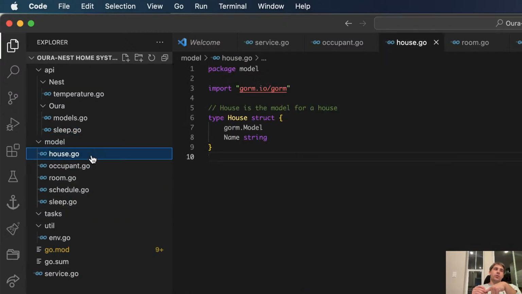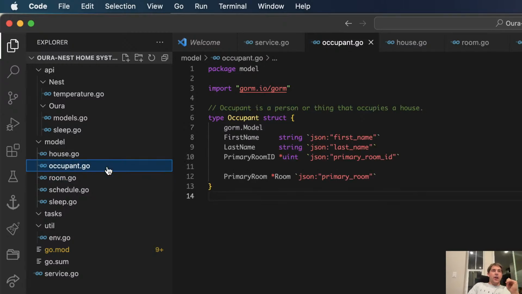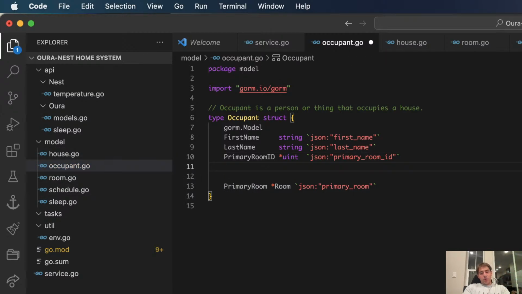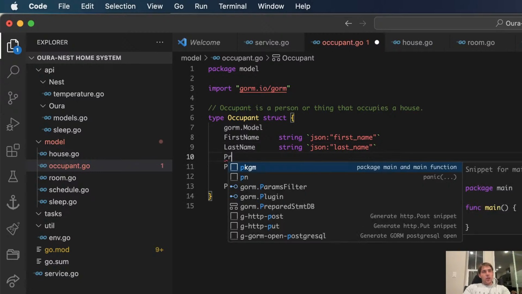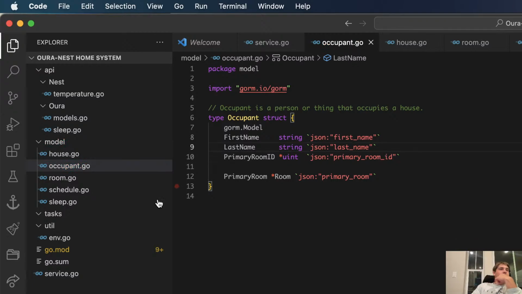We have the house, because if we want to connect multiple people in the future, they're going to have a home house, which is going to have the base thermostat, and also I have temperature sensors across the house in different rooms. So a room is going to belong to a house, and you can have multiple rooms, and then you can have primary rooms. Again, I haven't built out these structures yet, but we'll get there. Occupants belong to a house, and also can have their primary room, and they can be a primary occupant as well. Actually, that should probably be on house. We'll figure that out later.